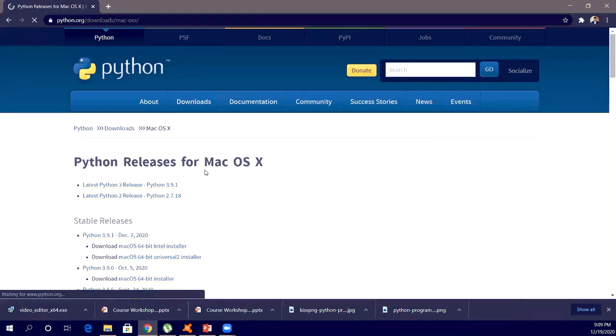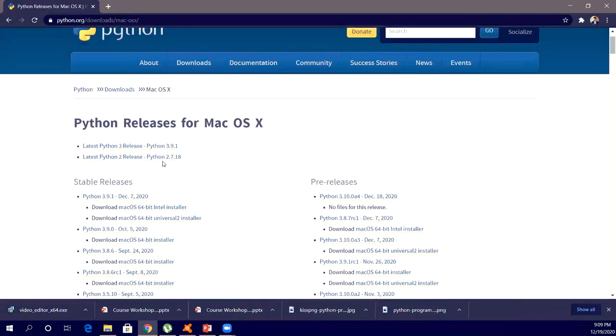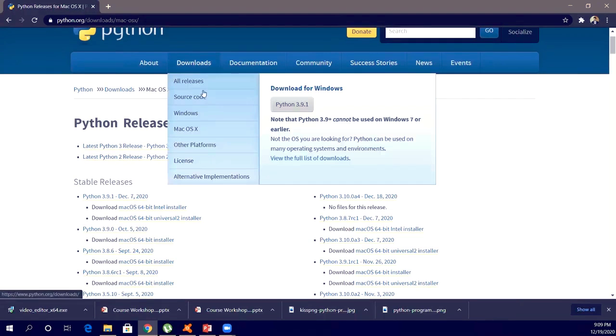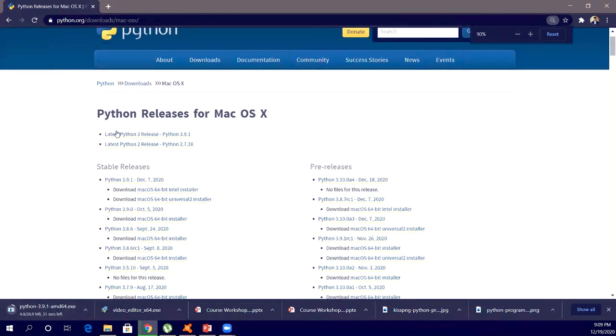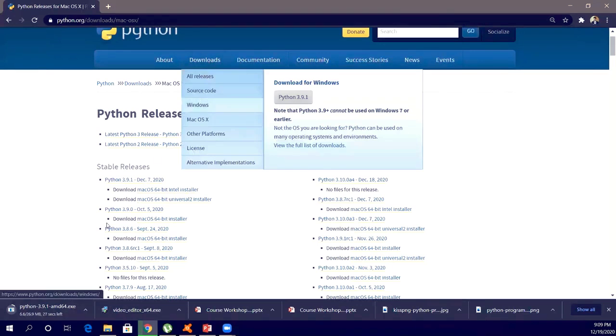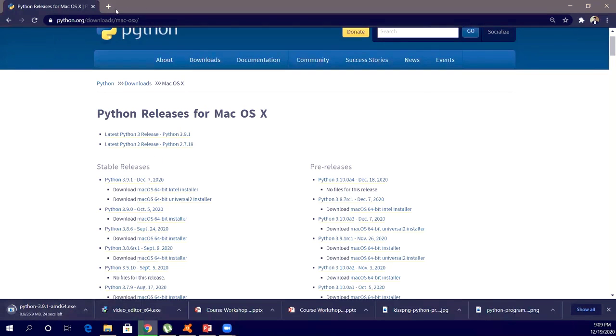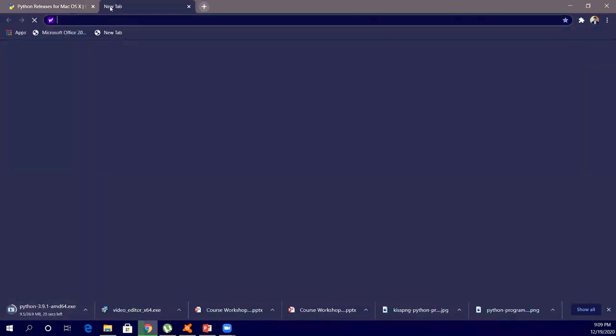You can download from here. These are for macOS and this is for Windows. So you can download from here. You can see it's downloading. Okay, so come to downloads. While it downloads, you have to go to chat